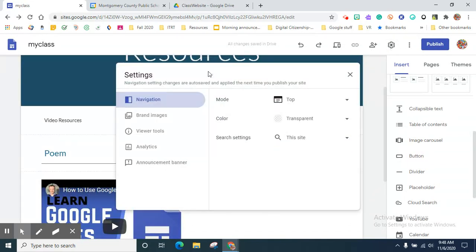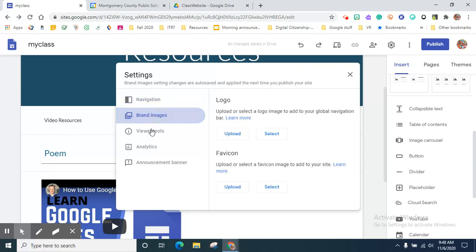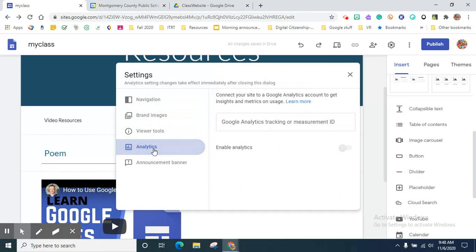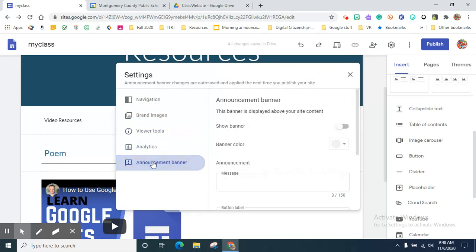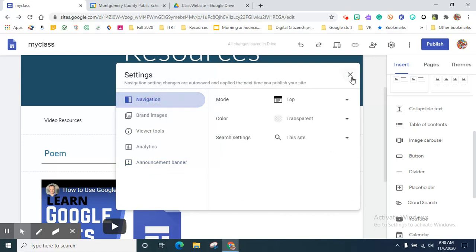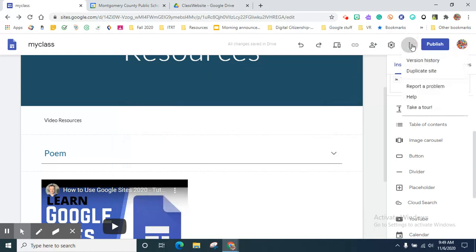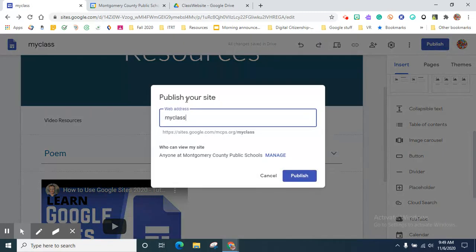With your settings gear, we looked already at the navigation. All right, there's other things you can look at with like analytics. Do you want to enable it? Viewer tools, announcement banner. So just take a look at those settings at some point in time. Then you've got your three dots here where you could duplicate your site if you wanted to. You could actually go back to a version history if you were working with someone and they made some changes you didn't want. And then when it comes time to publish, the first time you click publish, you get the